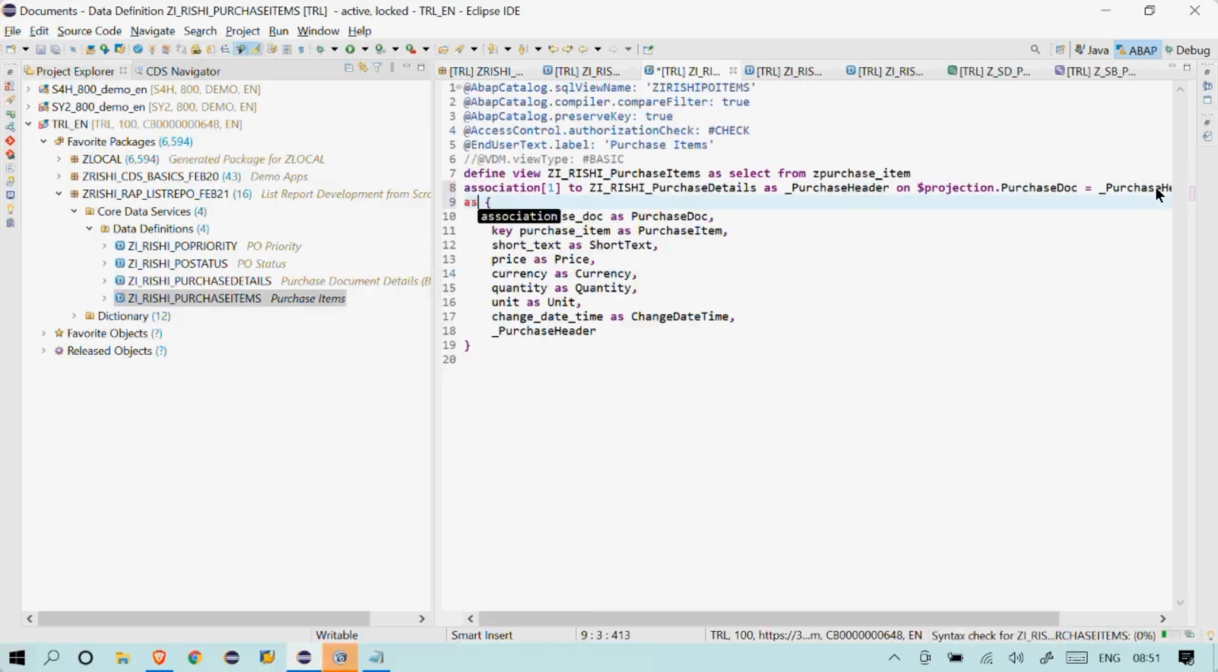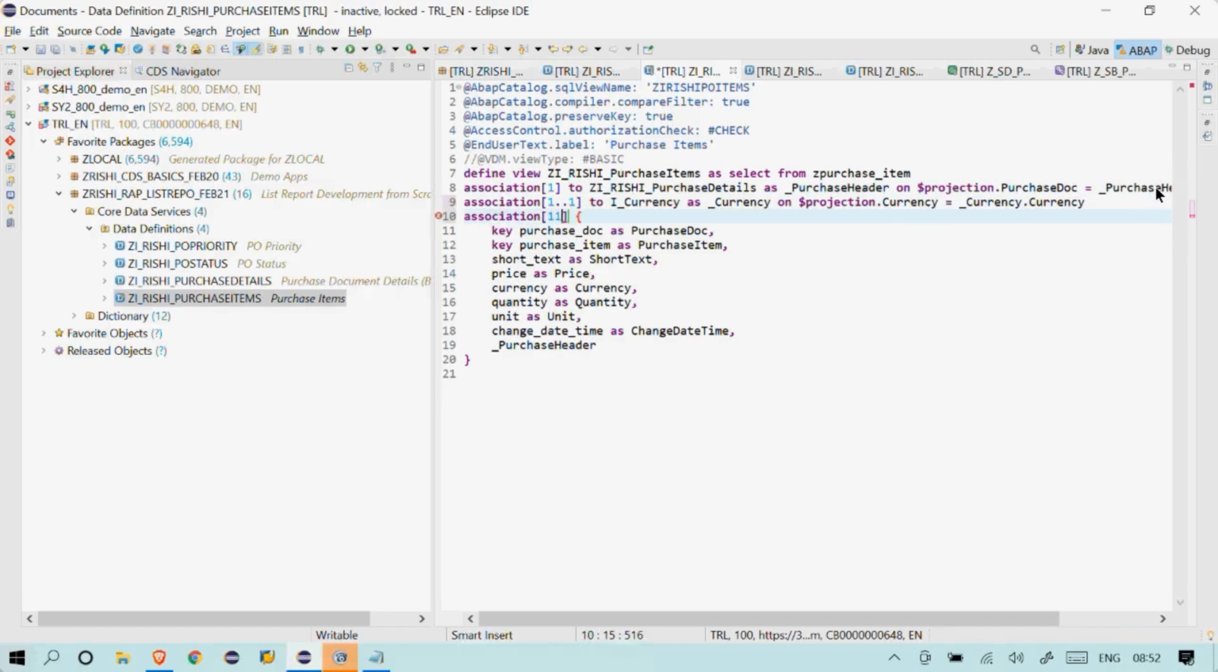What I will do is associate the currency to a CDS basic view which is already there, I underscore currency. I will associate to that, so I'm using the already existing one. I'll say currency dot currency. Okay, save this one. For unit of measure also I'll add an association, one to one,